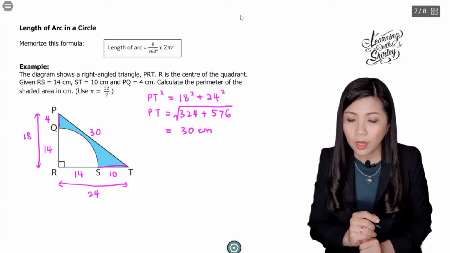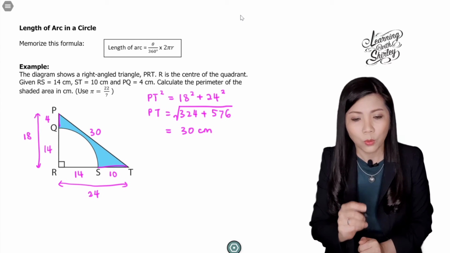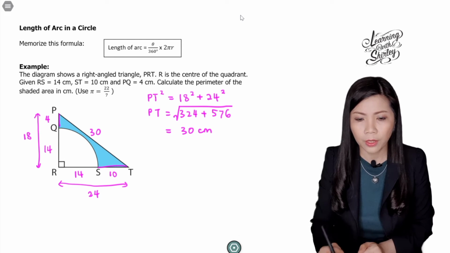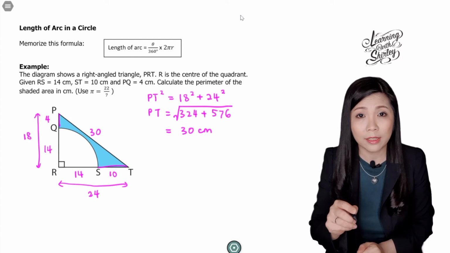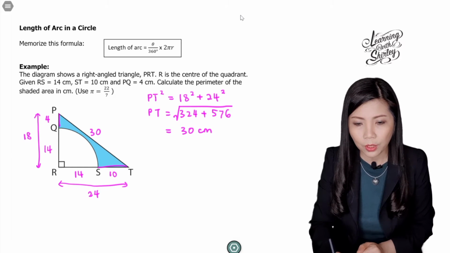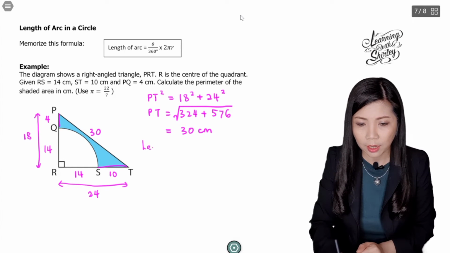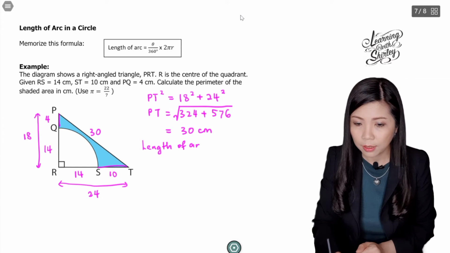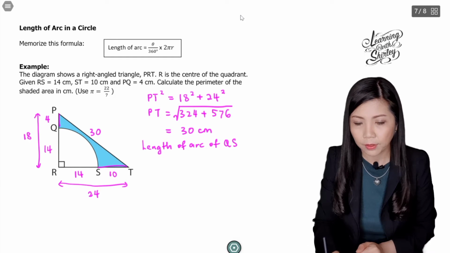Okay, so now there's one more part which we need to find, which is the length of arc QS. So this is a quadrant. Okay, and a quadrant is 90 over 360, or you can use 1 over 4. Okay, it's up to you. So to find the length of arc, I'm going to write here, length of arc of QS is